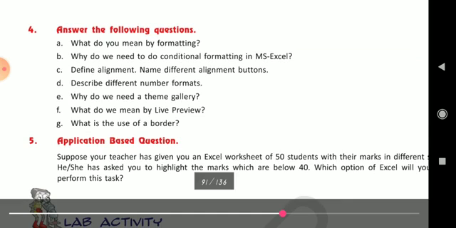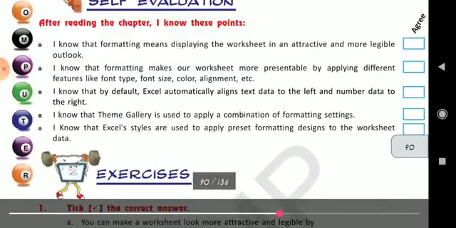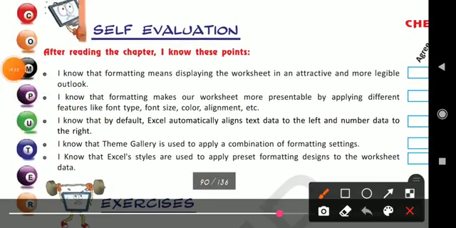Starting of the chapter also it is given, in the exercise also it is given. You can see over here. Formatting means displaying the worksheet in an attractive and more legible outlook. So this is the answer of the first one. Clear?